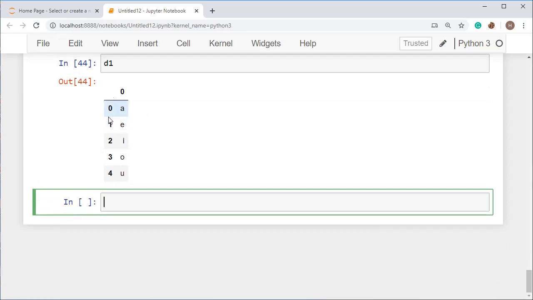You can see this one is representing the row and this one is representing the column. If you are not providing any index, then by default it will start from 0 and go up to n. Here there is only one column, meaning you are using a 1D array of size 1, that's why it's displaying a single column. If you use 2 or more columns, then it will show you 2 or more columns.